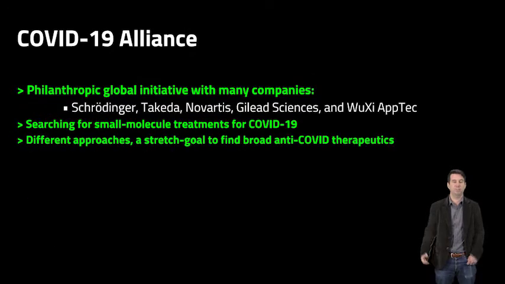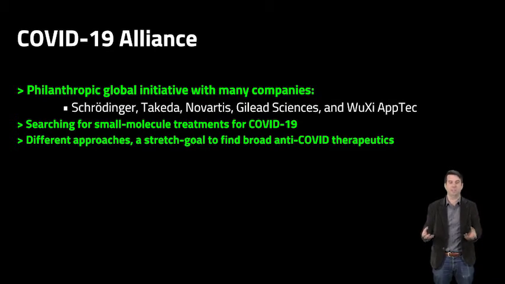So I want to step back and talk about everything I'm talking about. How does that affect us in everyday life? I want to talk about how we're actually applying our computational platform for COVID research. We're part of a COVID alliance that's doing philanthropic research trying to discover a treatment for COVID, not a vaccine, but something that would actually cure it when you already have it. This is a much longer term project than the vaccine, but not everyone's going to end up taking the vaccine. It's really important in the future that we develop a treatment. We're doing this with top pharmaceutical companies like Takeda, Novartis, Gilead, WuXi, lots of help from other big companies, but we're using our platform to design novel therapeutics to try to treat COVID.